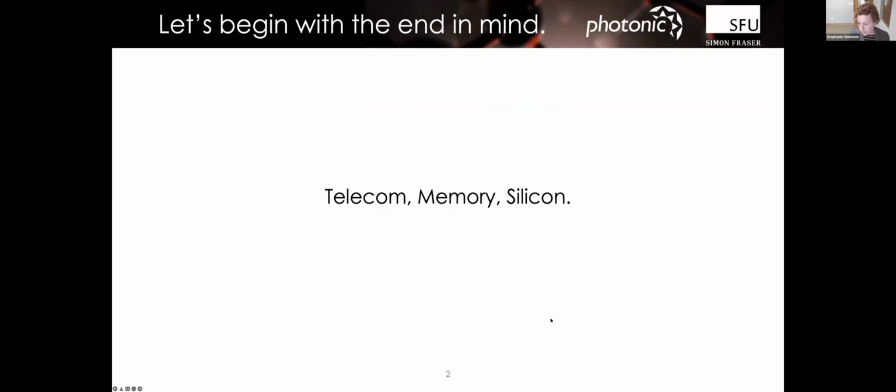I'm not going to talk to it today, but the general program that we have is really motivated by the following axioms. We are very technology driven. We're trying to build distributed quantum computing processors, because modular quantum processors are where it's all going, and it's going to be the same kind of platform you want for quantum communications. If you can get it working with these three axioms, then you're in a good spot. We've heard many times through the talks this morning that telecom is really where you want to be. We're furthermore of the opinion that you need a long quantum memory to some degree. And if you can get it working in silicon, you win.